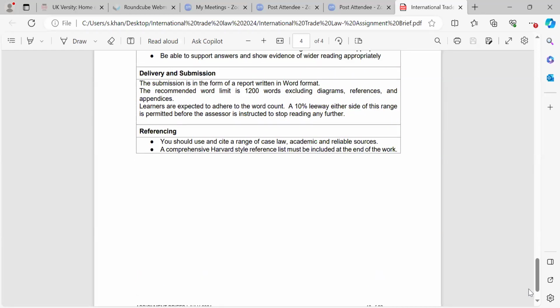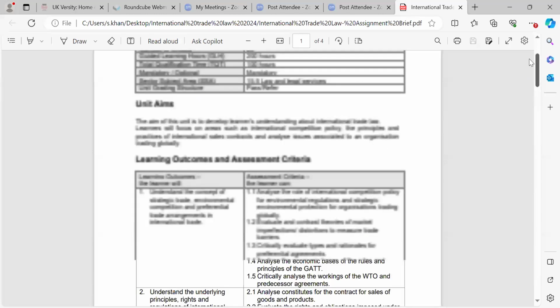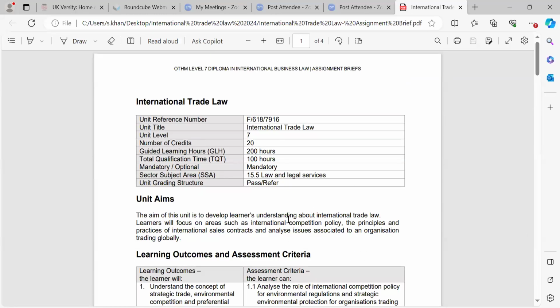Okay, so make sure that when it comes to doing your assignment, you are using the appropriate recommendations that I've mentioned to do it in Word format. Make sure you are adhering to your word limit. Make sure you are using your Harvard referencing. Make sure you are looking at fully citing cases, statutes, legislation, any academic sources. Make sure you have headings for each task that you do. So task 1, and then the elements you do within task 1. Task 2 and the elements you do within task 2, task 3 and the elements you do within task 3,